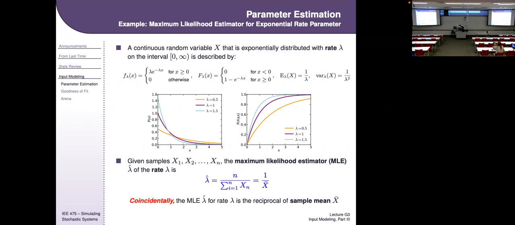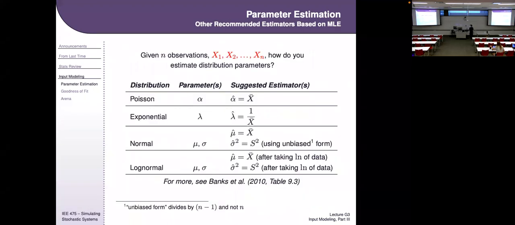Okay. Like I said, you often do not have to do this on your own. You just look them up in tables. In Banks table 9.3, they've got these already listed. For Poisson, the maximum likelihood mean is the sample mean, as for the exponential we just saw. For a normal, the maximum likelihood mean is the sample mean, and the maximum likelihood variance is the sample variance, so long as you're using that unbiased form with the n-1, similar